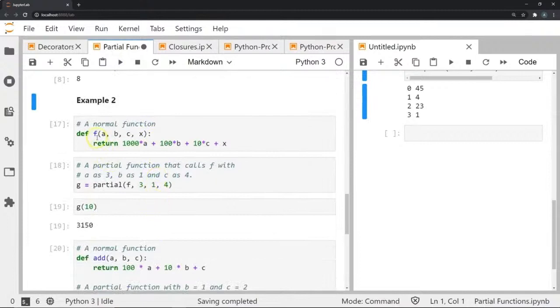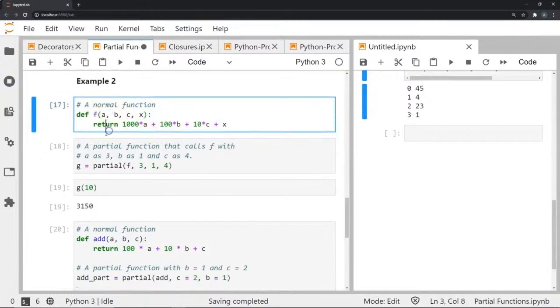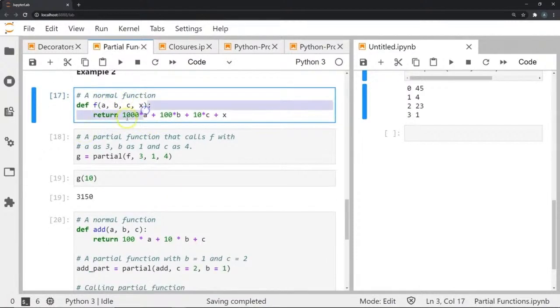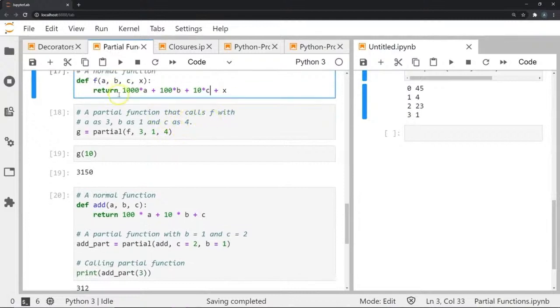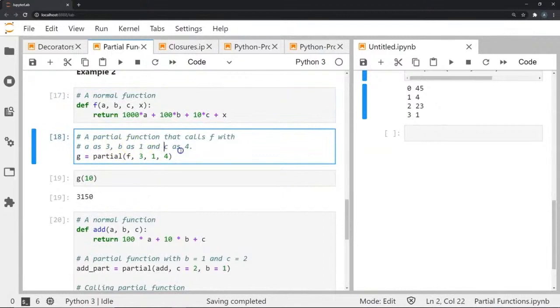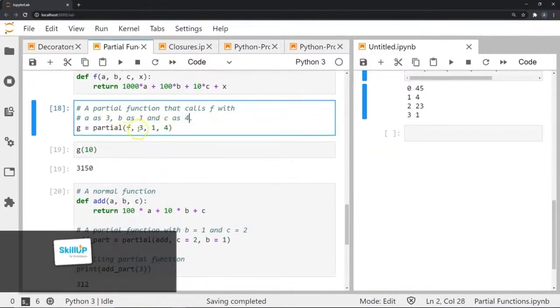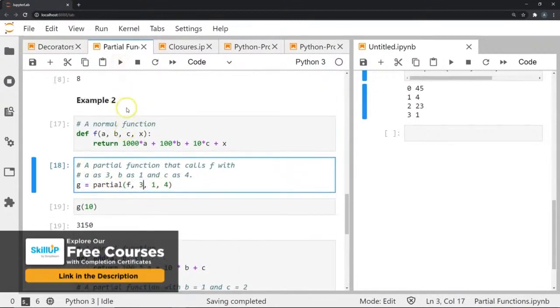Let's look at another example. We have this function where we define some function with 4 arguments: a, b, c and x. We're going to return 1000 times a plus 100 times b plus 10 times c plus x. Now we're going to create a partial function that calls this function, but it's going to use a as 3, b as 1 and c as 4 always. How we do that is g is equal to partial like this. Once we've executed these,